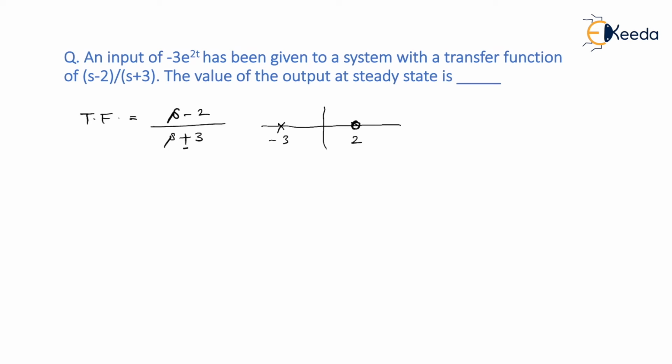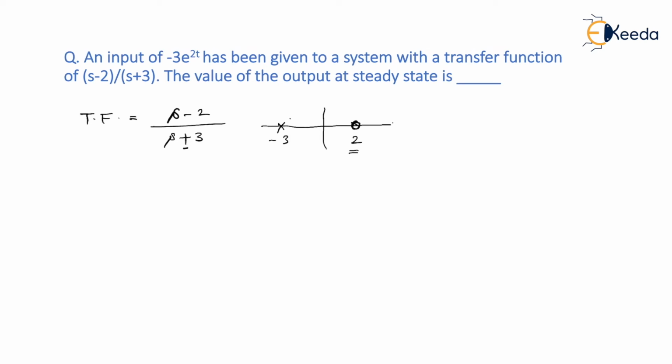Now the question is, can I still apply the final value theorem? Of course, yes, I can. Try to understand, the zero is present on the right half of the S plane, but the stability of the system depends only on poles and not on the locations of zeros. So if a pole was present over here, then the final value theorem is not applicable, but this is not the case here, right? Even when the zero is present in the right half of the S plane, it doesn't matter for the final value theorem. What matters is only the location of poles. So it is now clear that I can still apply the final value theorem here.